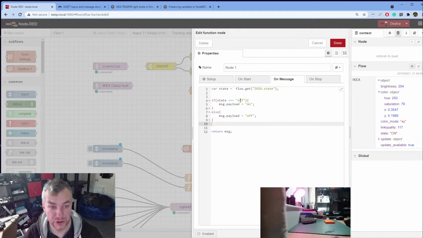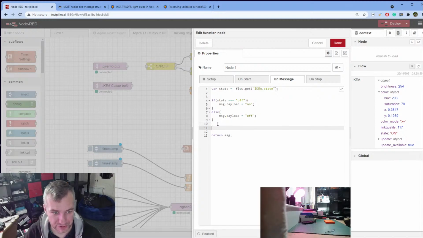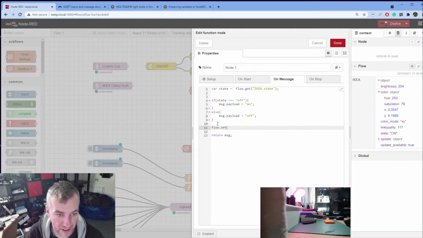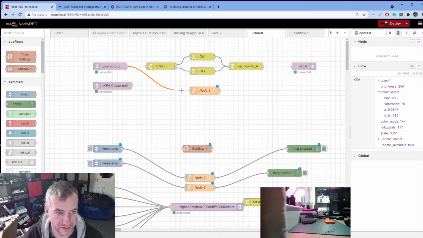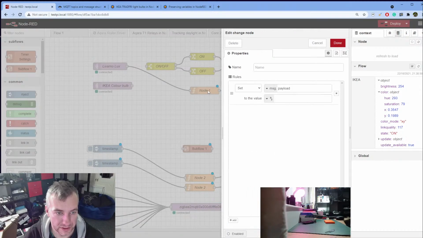Now we just have to make sure that our state updates. So when we finish this, we want to save the current state. So let's do this and then do flow set. Actually, let's add this later. So let's leave it like this so we can execute this. So that goes from our remote, goes to here, where we're going to have a change node so you can understand what we're doing. We're going to get information about